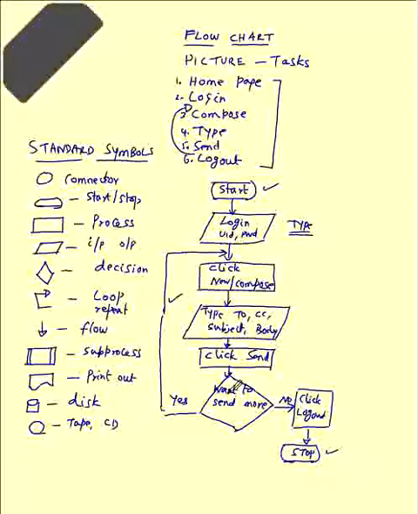So any step-by-step process, whether you go to the bank, the library, or the shop to purchase something, anything can be converted to a step-by-step process. If you are able to convert anything to a step-by-step process, you can convert it into a meaningful flowchart.